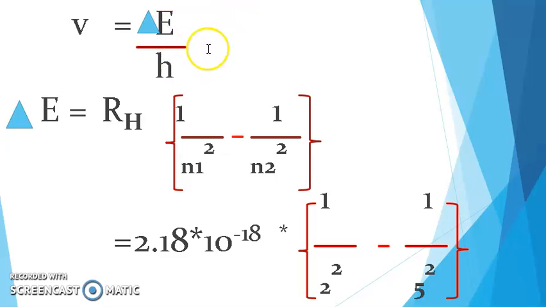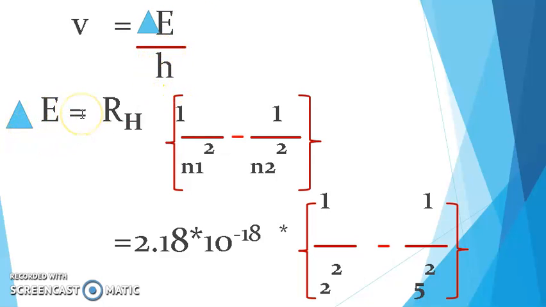That means it is equal to the energy of the quantum radiation. The energy released or absorbed by the electron is equal to the difference in the energies, that means E2 minus E1. In the question, n is equal to 5 to n is equal to 2, so there is a change between the two orbits, and that is del E. So del E is equal to E2 minus E1, that is h nu. That is why we have written del E divided by h.